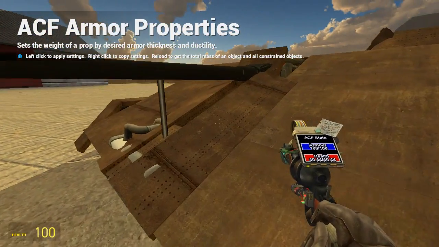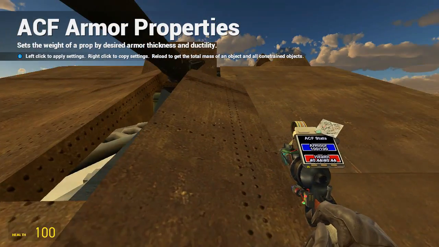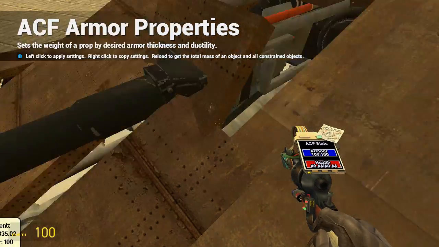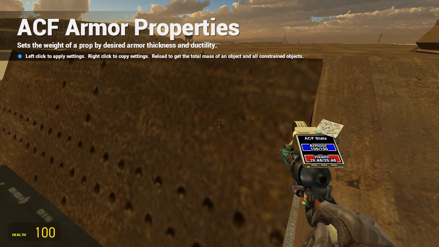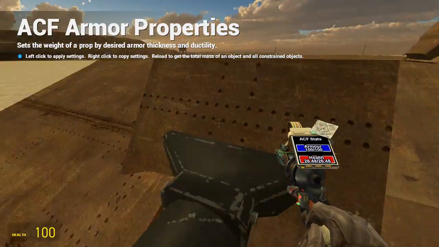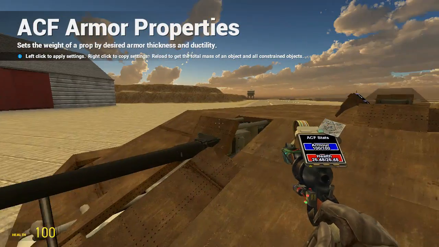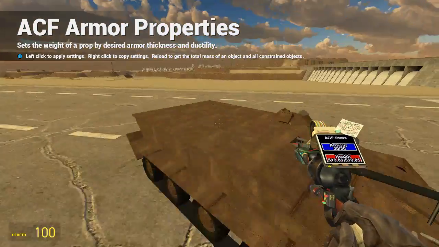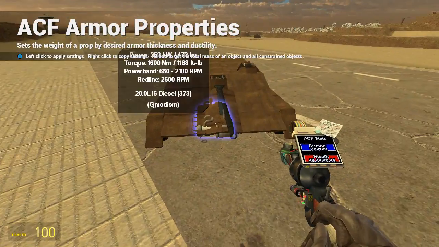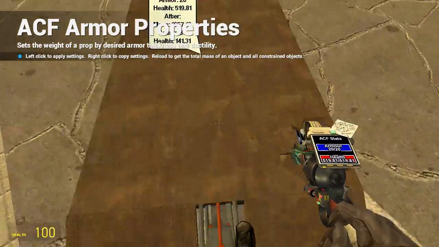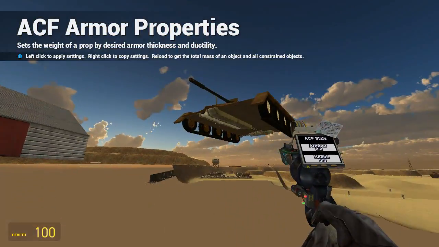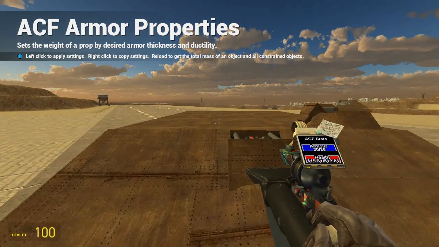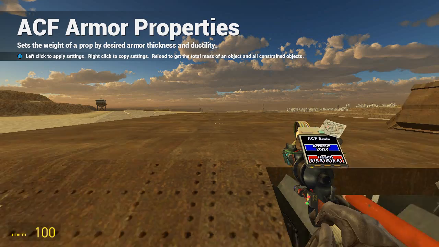So we also have this plate, which has a decent health, because this is also expected to get hit. This plate is not really expected to be hit, so the health is a bit lower here. However, here you can see the top plate. What's the chance that another tank will come from above and shoot right down? Almost none. That means all the hits on this plate will be at this angle, which makes